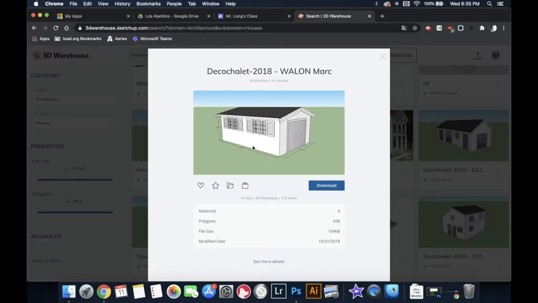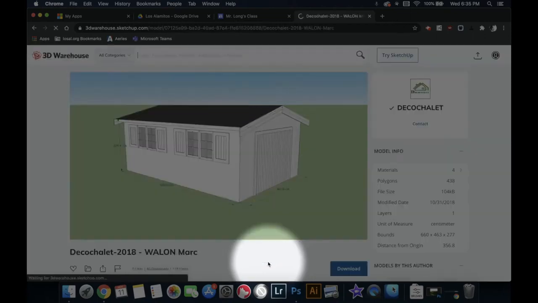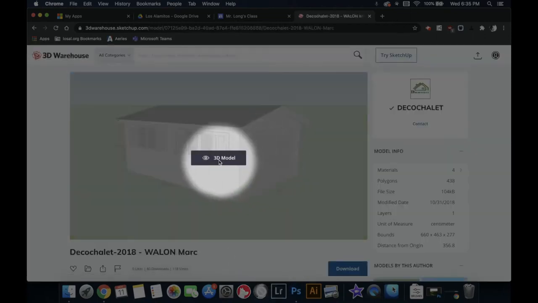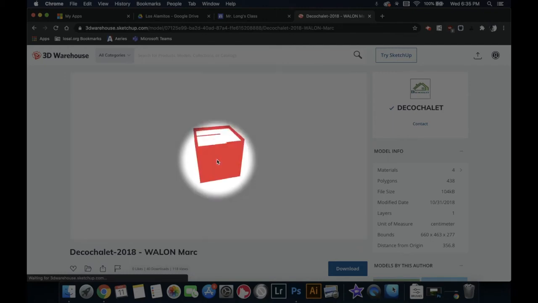Personally, I actually like this one. This will work for what I'm going to do because I'm going to build mine out of several different pieces. So I think I'm going to copy this. What you're going to do, once you choose a design, is come down to the bottom here to see more details. Click on that so that it brings it to this one. And then when we hover over it, it'll allow us to see the 3D model. So once I click on that, it's going to take a little bit of time to load,